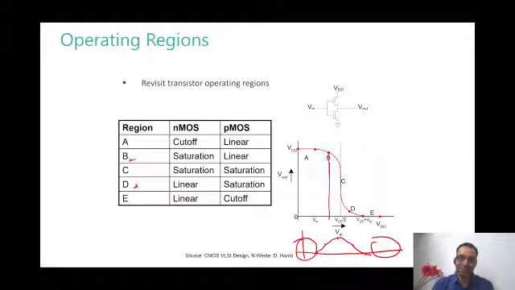Okay, so for a digital circuit, the Vin should be such that... In a digital circuit, Vin will simply go from 0 to VDD, and let us say it takes 100 picoseconds. So within 100 picoseconds, this A, B, C, D, E would have already moved. But still this curve will exist, right?